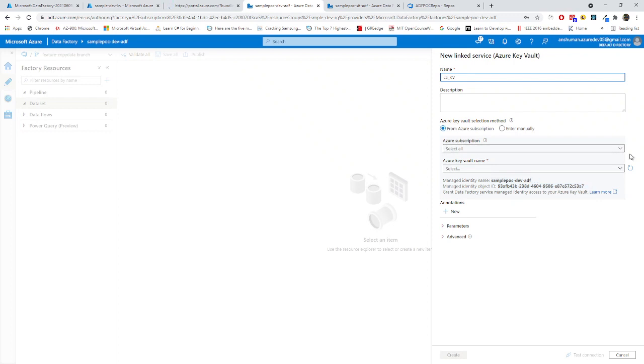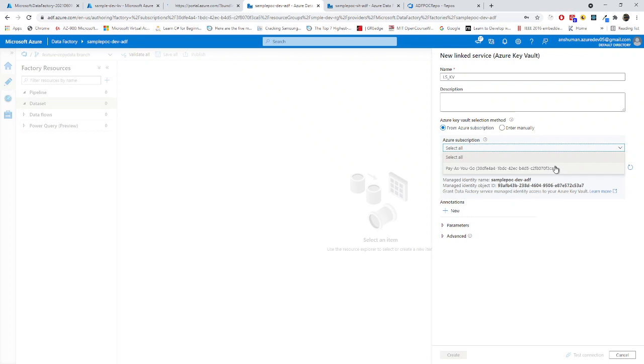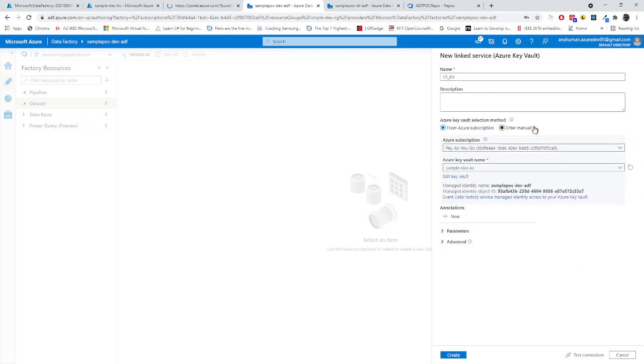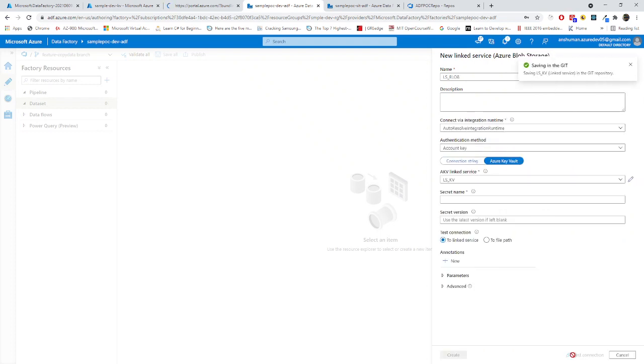Now Azure subscription, for Azure subscription, I am using my pay as you go subscription. Azure Key Vault name. If you can see, there are three key vaults. Now I should be pointing to dev key vault because it is dev environment. Okay. Now I pointed down things and description. I am just putting it out. Now I'm creating. You can use this test connection to test all these things as well. So if it is a tick mark, then everything is fine. It went away, otherwise I could show these things to you. Now we can see if this key vault will fetch the secrets properly.